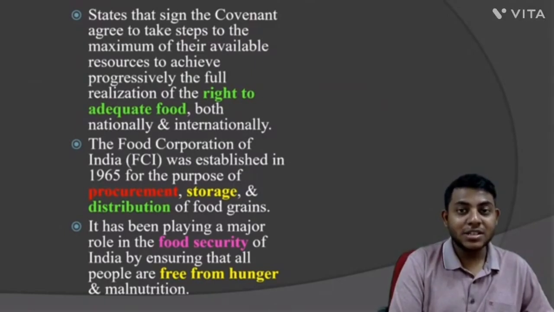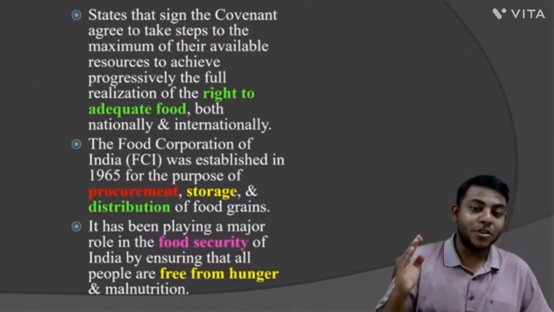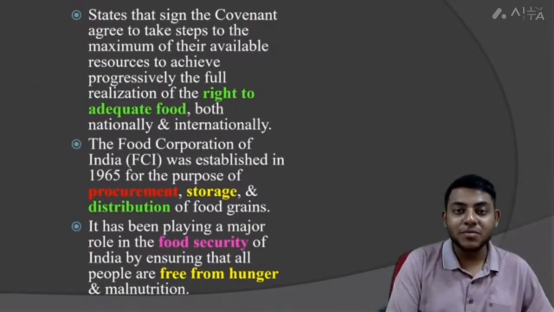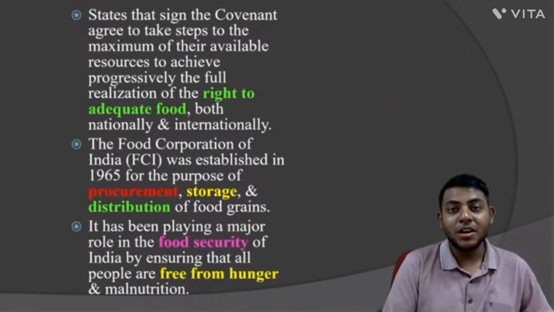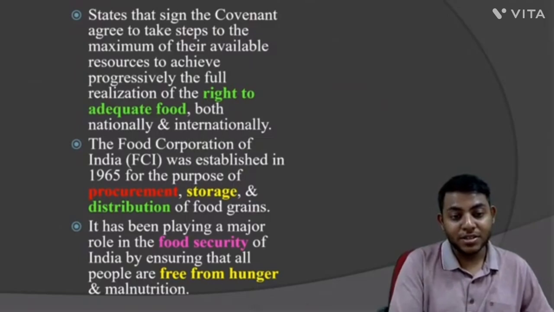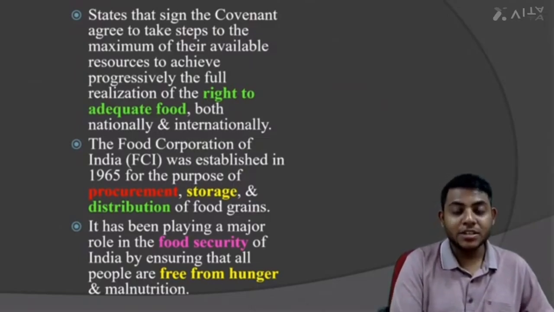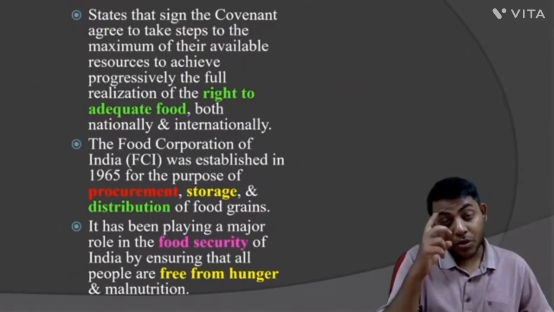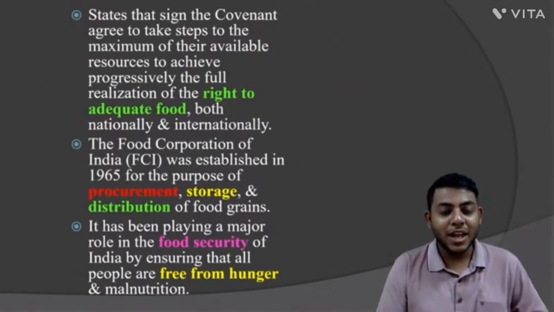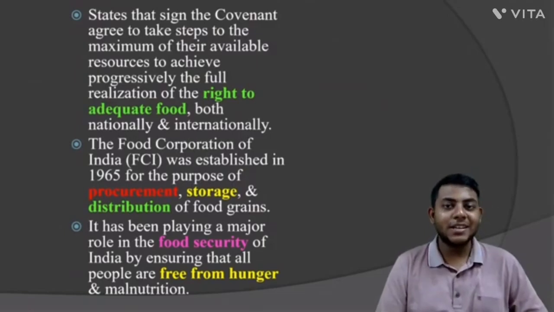but now the situation is such that we have surplus food grains, millions of tons of surplus which are being stored in the Food Corporation of India storehouses. So much so that we are now helping out those countries which are facing a crisis of food security. Recently, we helped Afghanistan in fighting its food security crisis. So now we are exporting food grains. But there was a time when we had to import food grains for our own survival. But the Green Revolution changed the entire scenario.